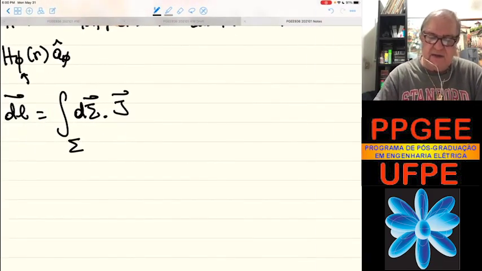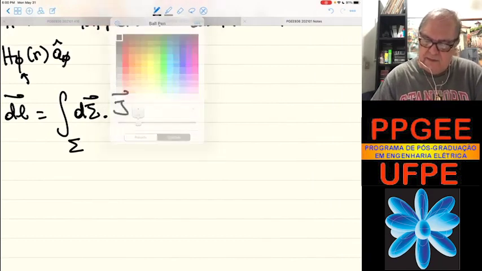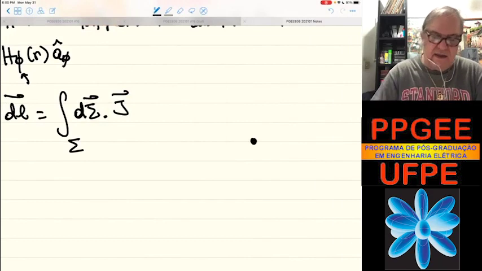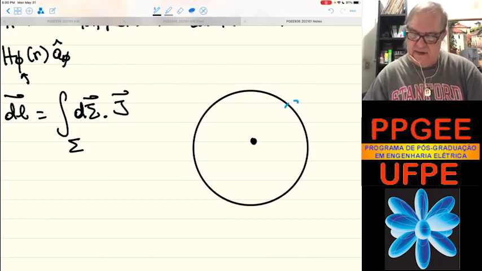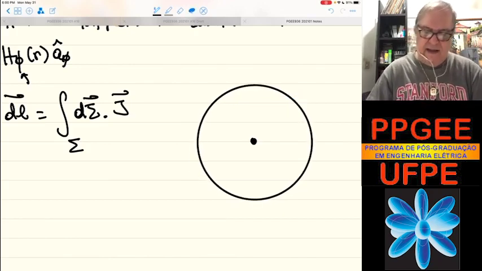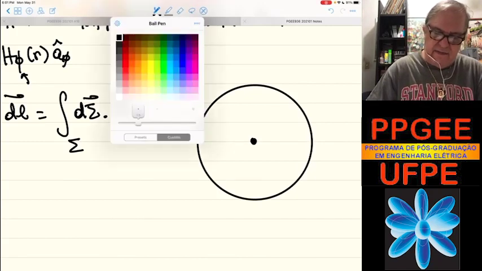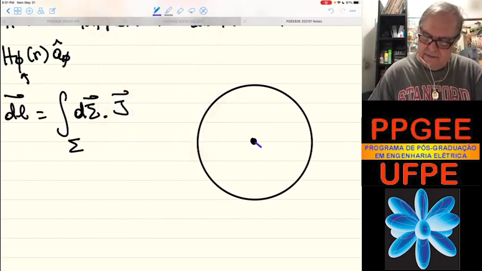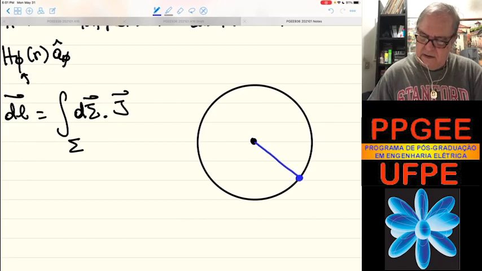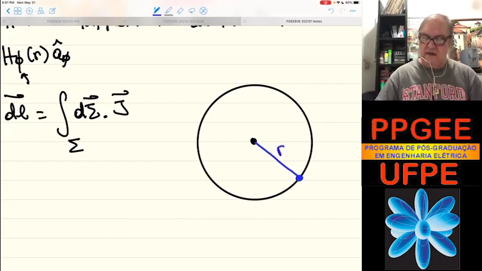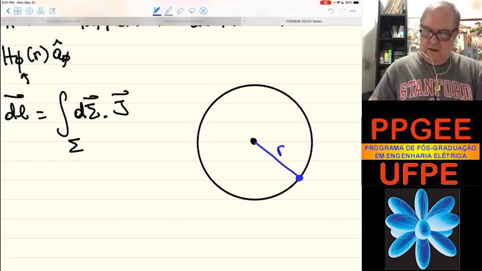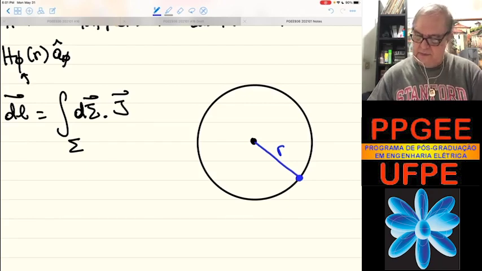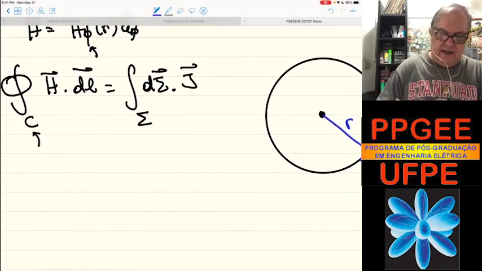So I use, for Ampere's law, a top view now. Top view. That's the current wire in the middle. That's the path. Let's make it a little better here. I'm going to use a constant radius, in other words, a circumference. Current is going up, out of the screen, right? So in this case, I use